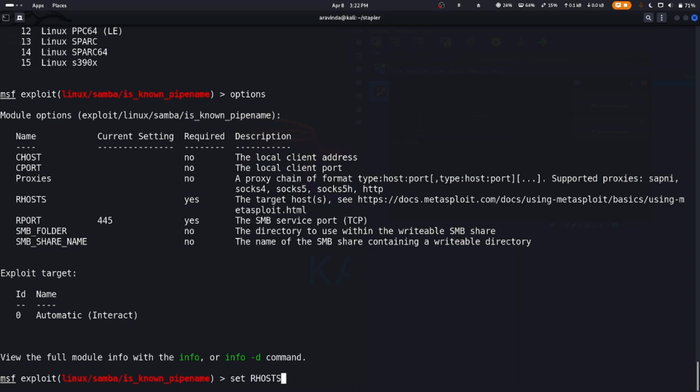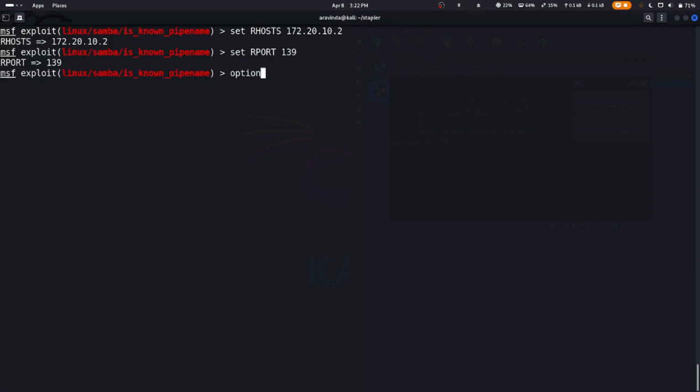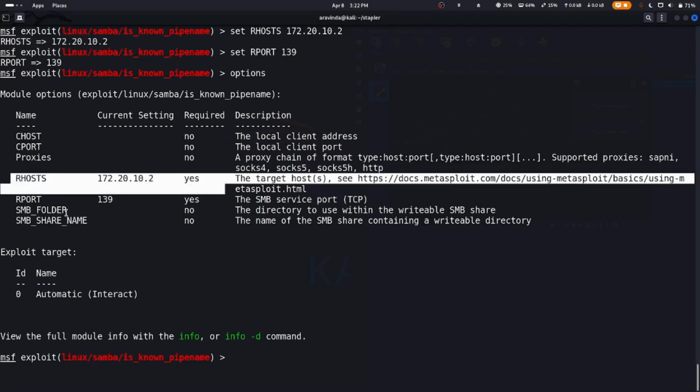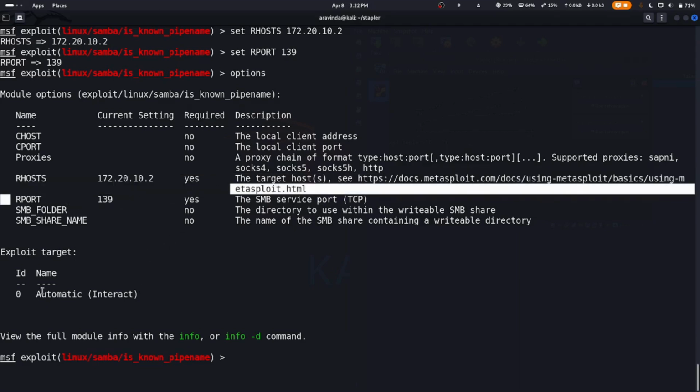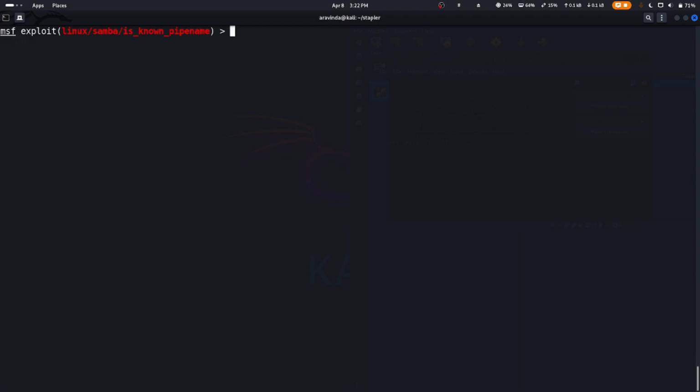So we can set our host and our port, which is required. Let's set RHOST 172.20.10.2, and let's set our port as 139 because that is the vulnerable port. Let's do options. We have set everything which is required. If the required is yes, then we have to mandatorily set the particular option, and let's do run,